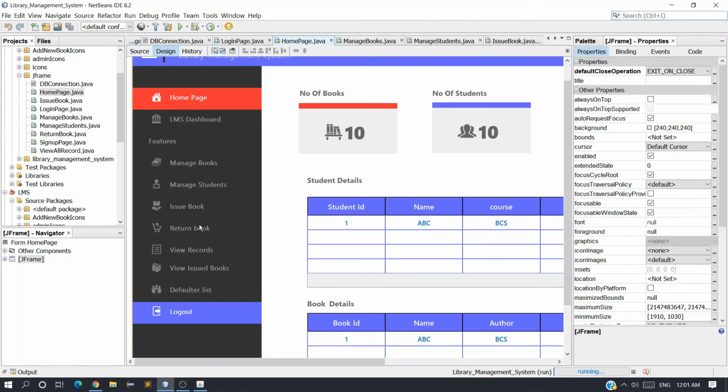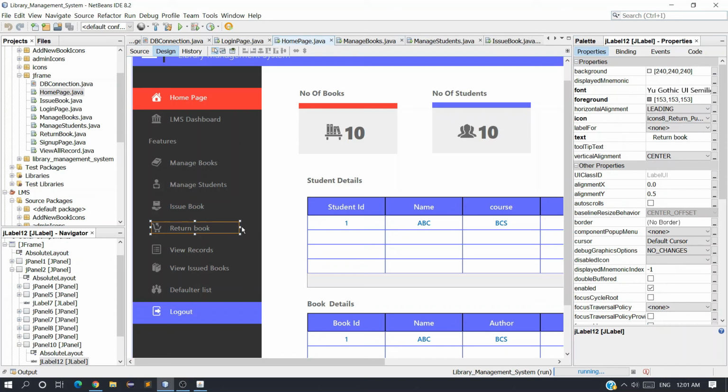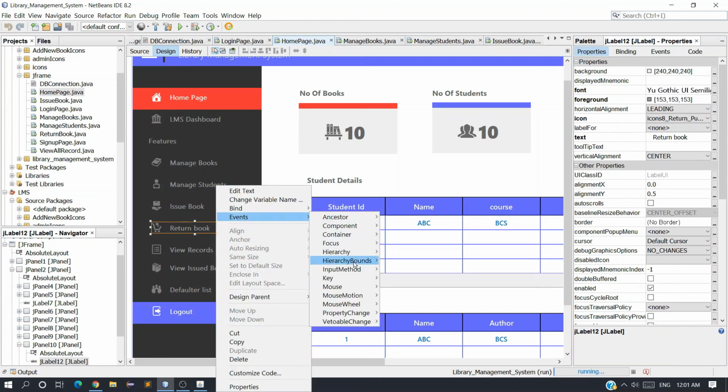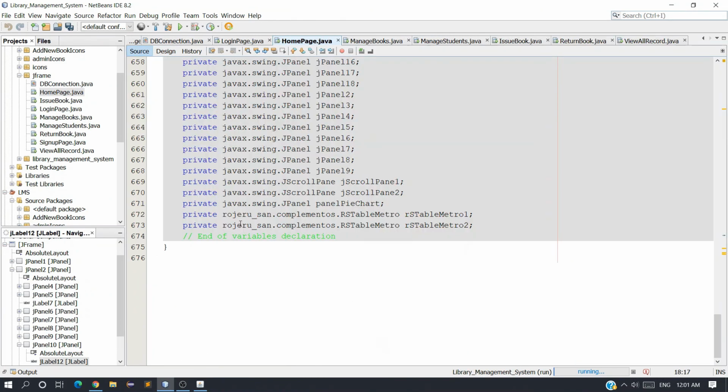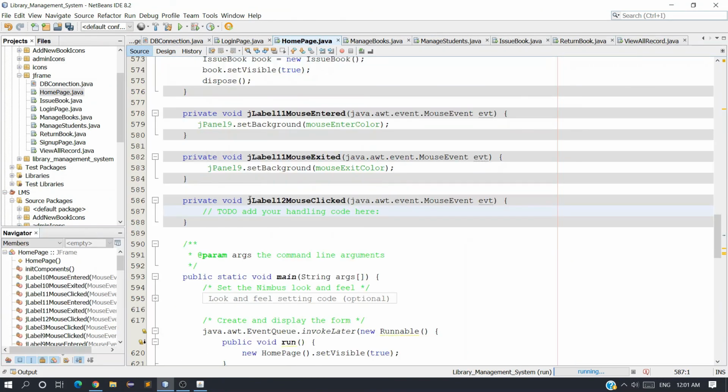let's just in the return book also apply the event. Let me check whether I have applied or not. Mouse, I have not applied, so click on mouse click. We have created this return book page in our last video.